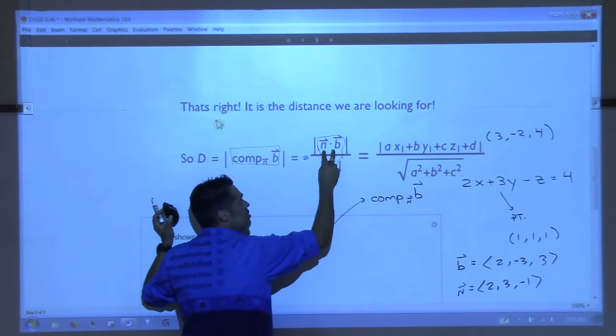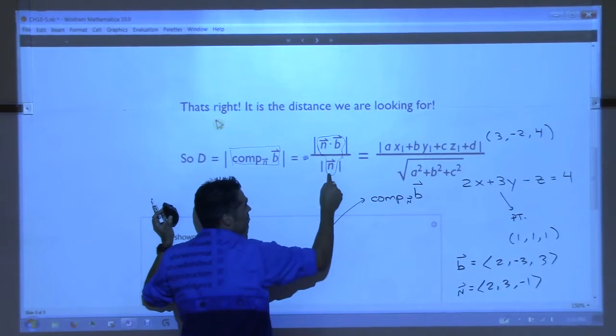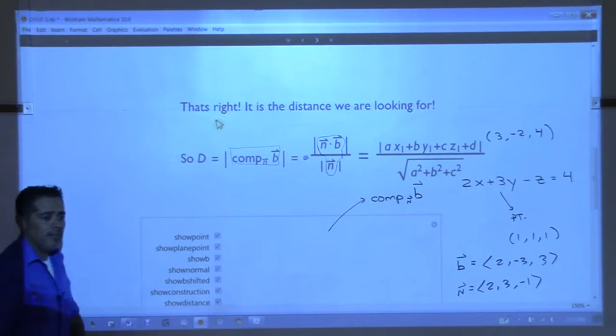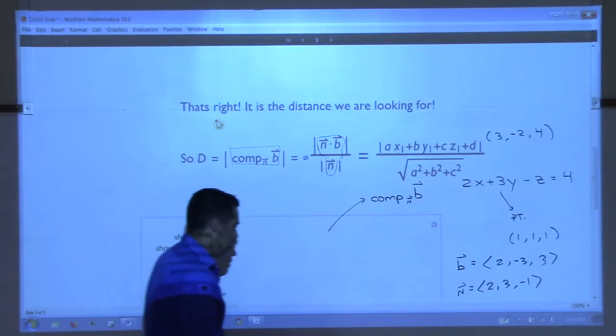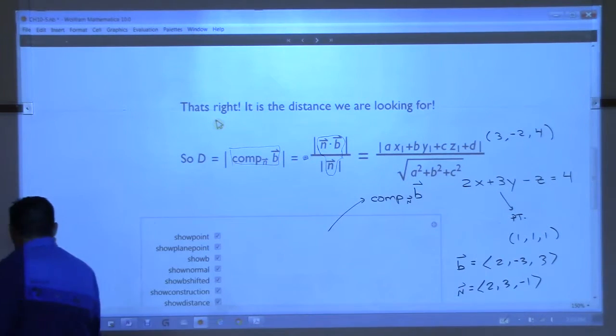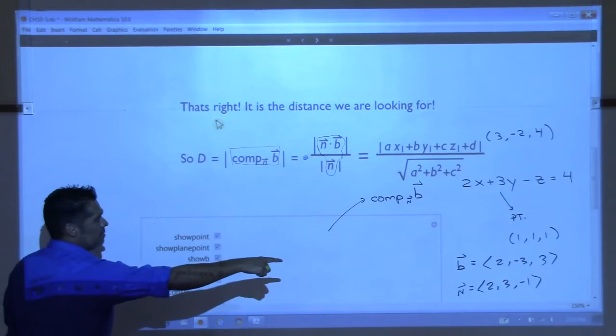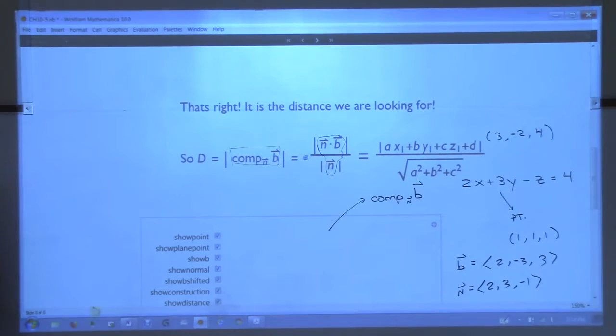You're just going to dot the two vectors, right? Find the magnitude of that, or absolute value of that, and then just divide it by the magnitude of n. And that is it. All right? So n dot b over n, and then take the absolute value. All right, so let's go ahead and do that for this particular example we have here, right? If we want to find that distance between that plane and that point,